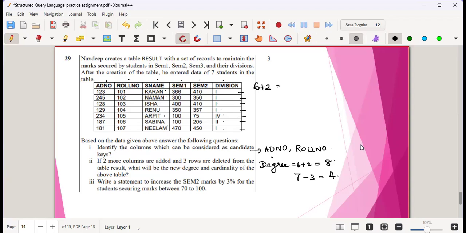Write a statement to increase the SEM2 marks by 3% for the students securing marks between 70 to 100. Now the answer key, they have given it correctly. I think they have included this because in the sample question paper, they had given the answer key itself wrong. Obviously, it is an update statement. So update result, the table name, set